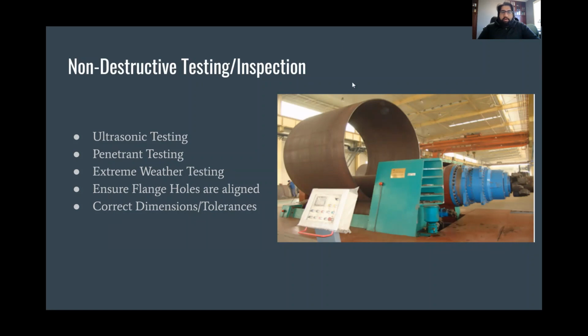phase, it goes through multiple inspections to make sure it has the correct dimensions and tolerances. Because once these are transported, it's very hard to bring them back. So it's got to make sure everything is good before it leaves the plant. They just have to make sure that the flange holes are aligned. That's the biggest thing, so they can be bolted together. These are always in wide open fields, so they can be under extreme weather conditions, so they need to be tested for that and to absorb shocks